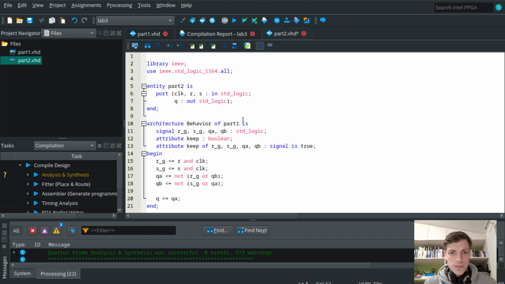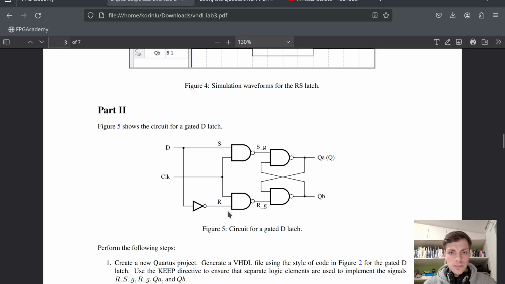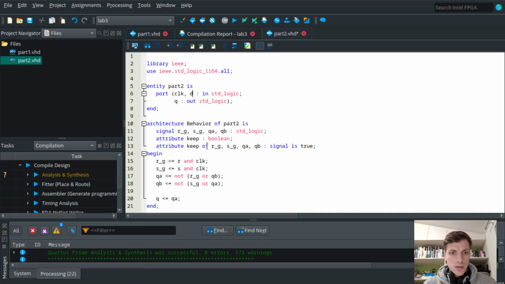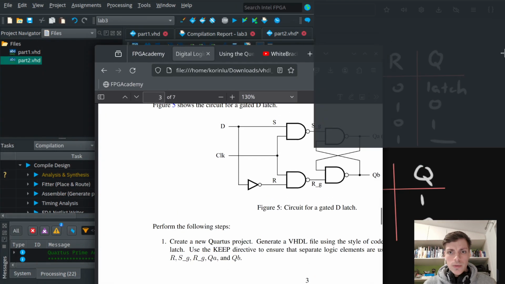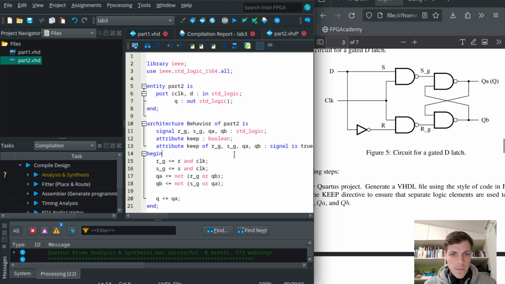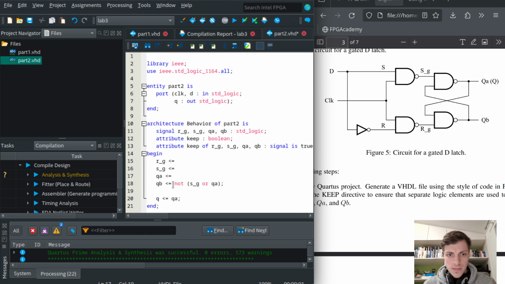So part 2, and we will not have 2 inputs, we will have just 1 input, D, and now we will create this code. So I'll delete all of these. QA will stay the same, and so basically we will have our SG, and SG will be not, and here will be AND,